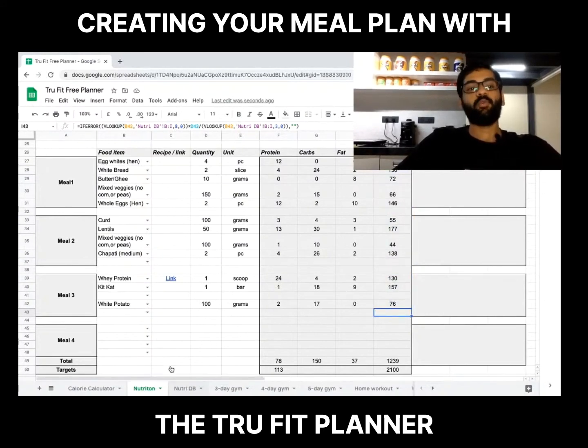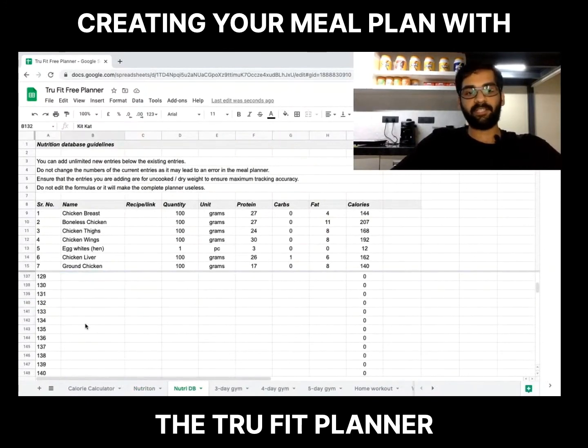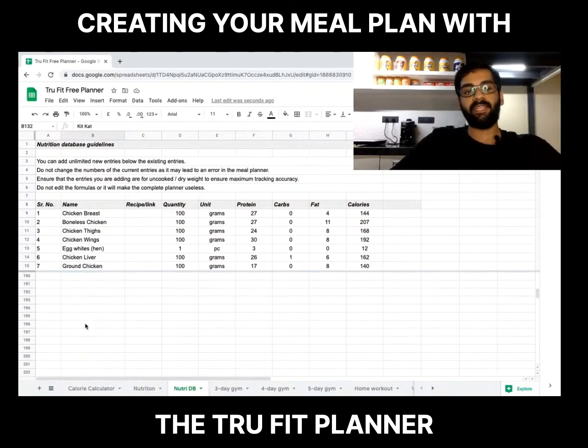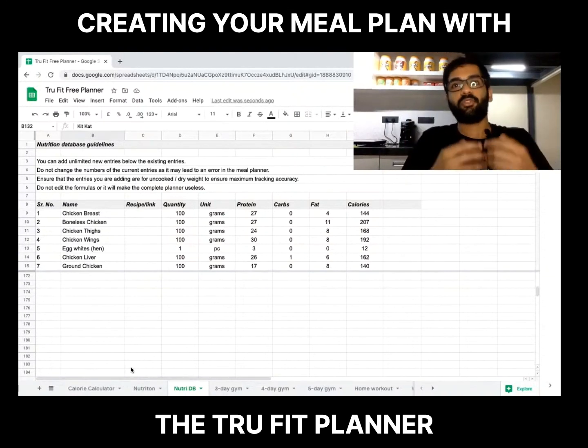So whatever you would like to add to your plan, simply create more entries over here. That's the reason we've kept so many empty rows, and you can keep on adding further as well, because your diet need not be very restrictive. If you eat something you enjoy every now and then, there is a good chance you wouldn't crave that so-called cheat day, which is actually a very stupid thing.